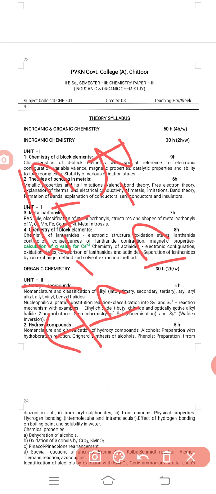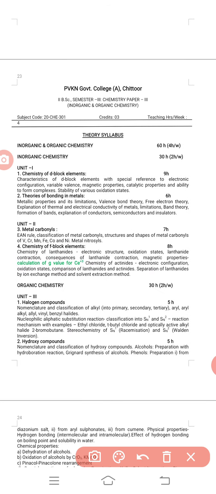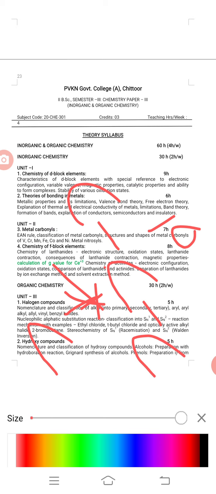So next, classification of alkyl halides: primary, secondary, tertiary. We discussed this before in the first or second semester. So what is primary? It is very simple. A carbon bonded with one other carbon, for example, this carbon bonded with another carbon, is called primary. A carbon bonded with two carbons is called secondary. A carbon bonded with three carbons is called tertiary. This is primary, secondary, tertiary.